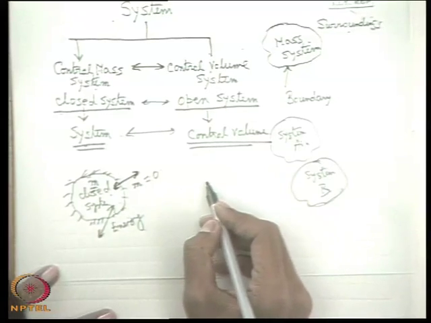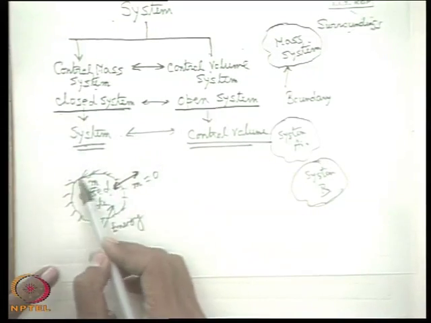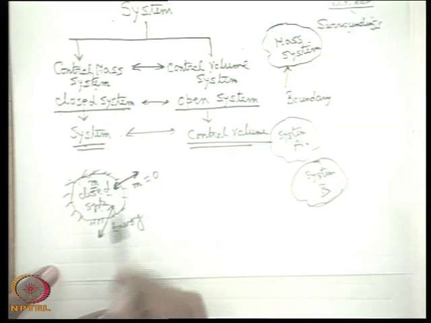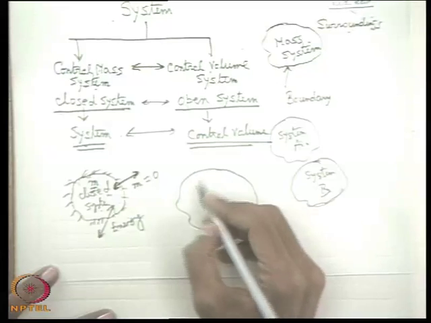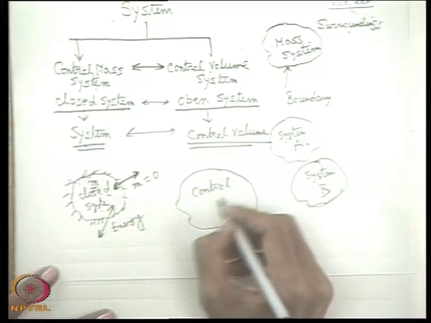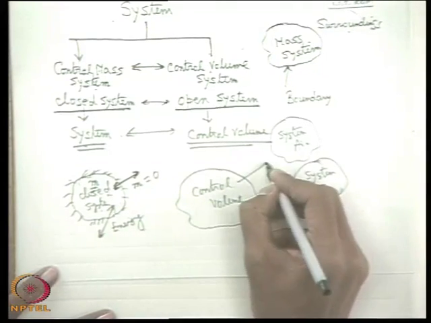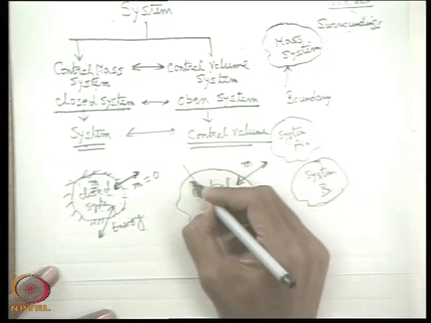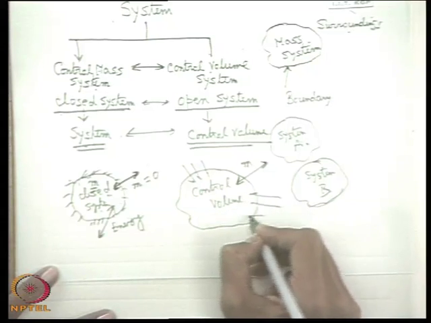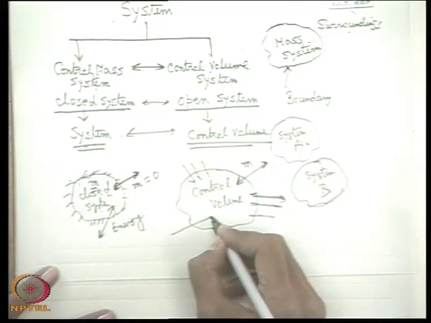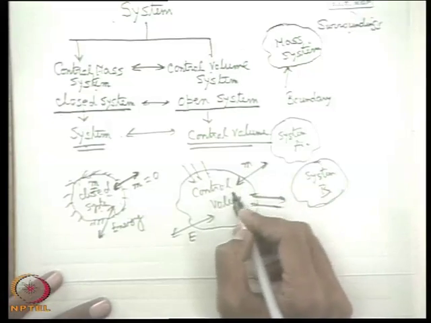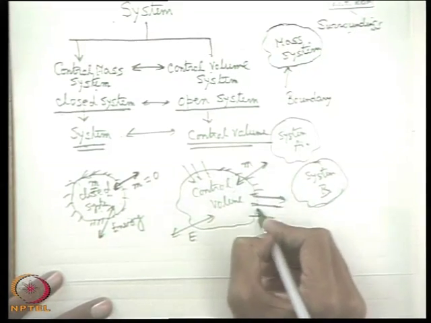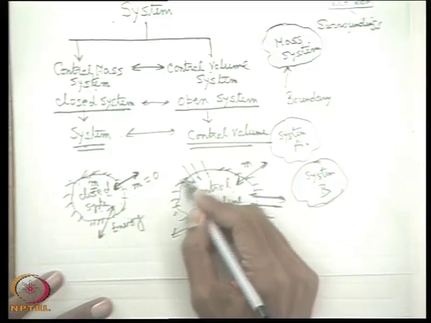Therefore, this is known as a closed system. It is closed, it is not allowing any mass, and it is sometimes referred to simply as a system. Whereas in a control volume system, the mass transfer is relaxed. That means there may be mass coming in and there may be mass going out. Some portion of the mass may come in, some portion may go out, along with the energy. So both mass and energy inflow and outflow take place. But here the restriction is that this boundary is rigid. That means this boundary does not move.